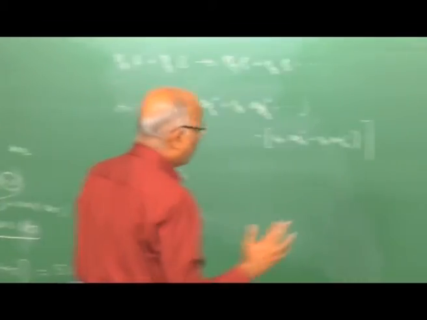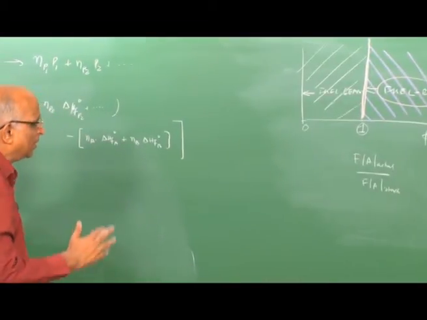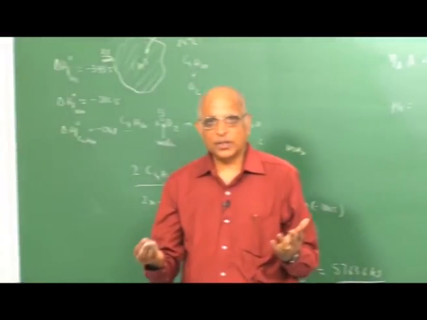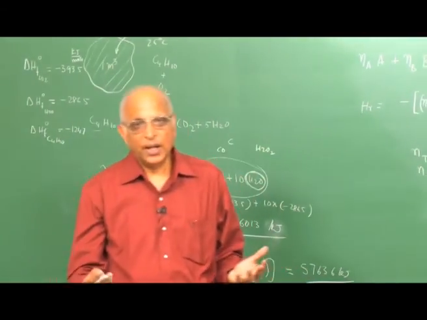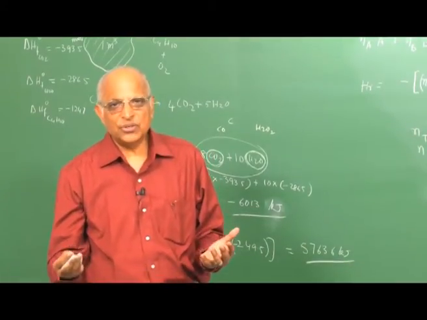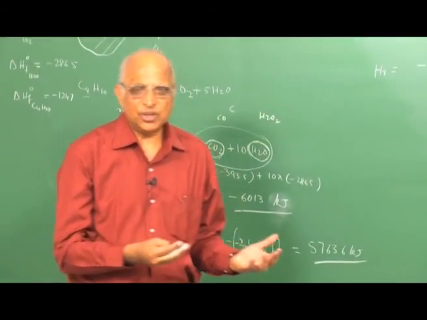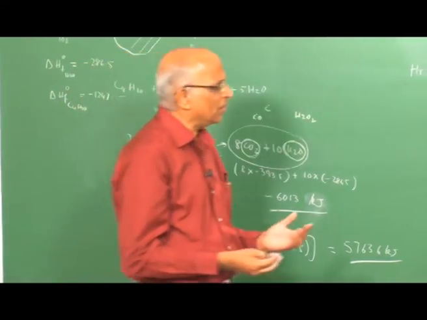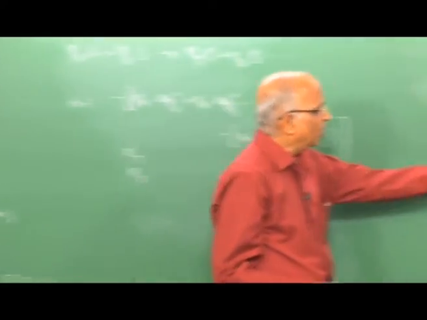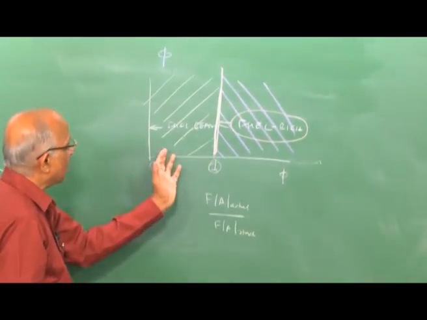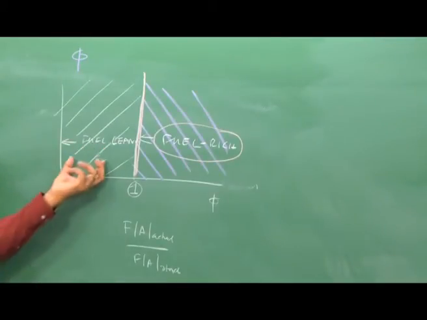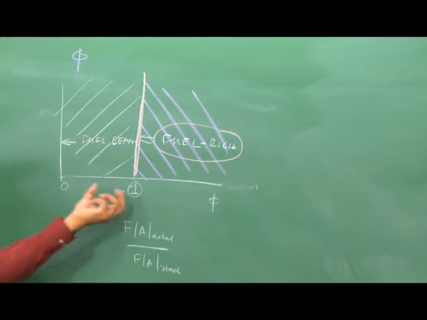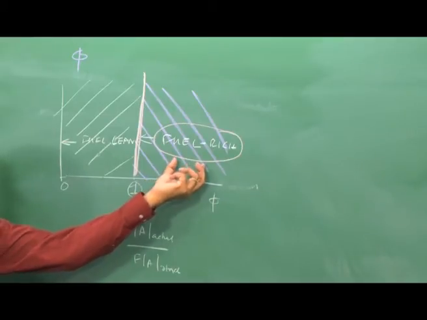Let us quickly summarize, because these things are to be kept in mind. I talk in terms of a stoichiometric reaction, a fuel lean mixture, and a fuel rich mixture. These are given in terms of the equivalence ratio. If the equivalence ratio is greater than 1, it is fuel rich. If the equivalence ratio is less than 1, it is fuel lean. Let us do the calculations for one. For fuel lean, that is phi less than 1, let us do an example, and then for fuel rich, which is greater than 1.